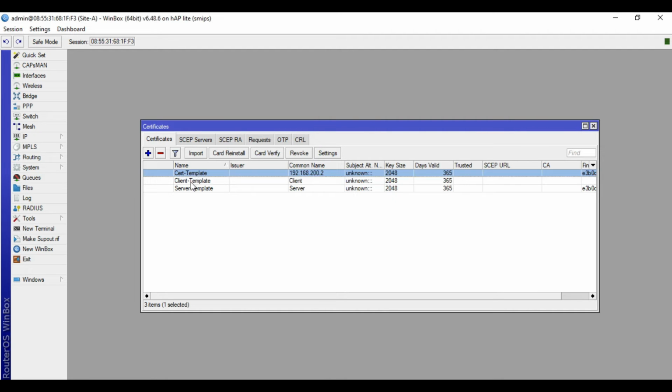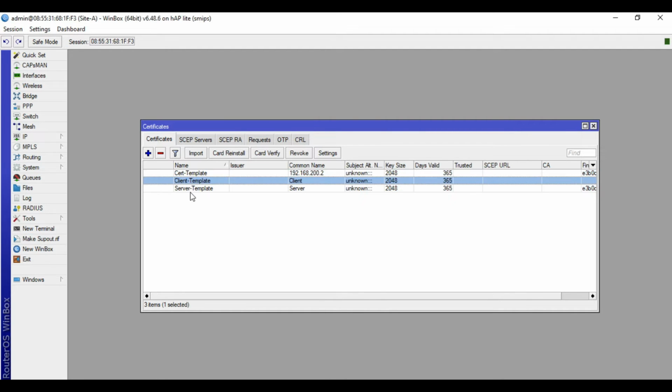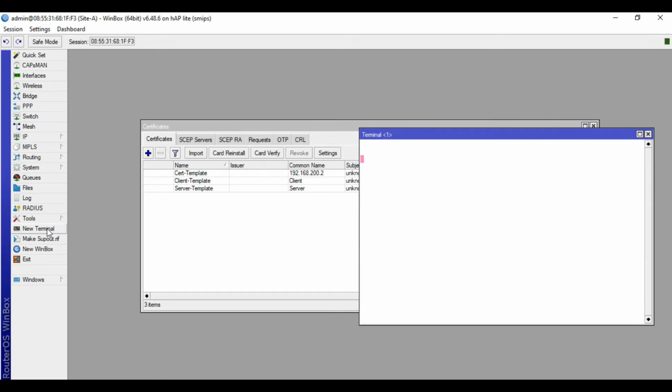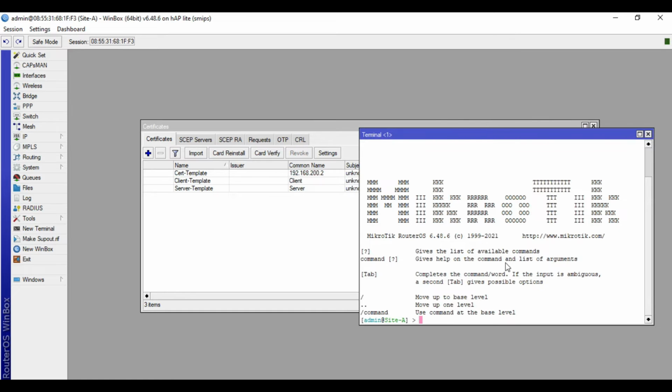We now have the certificates. So we will do a self signing of these 3 certificates. To do that, go to New Terminal, then input these commands. Certificate, sign, input here the certificate name, cert template, CA-CRL host, input here the public IP of the site A device.